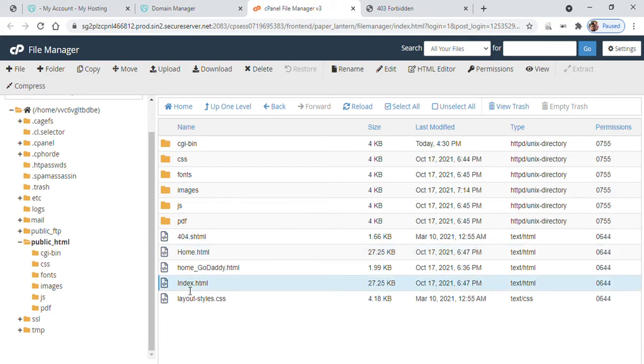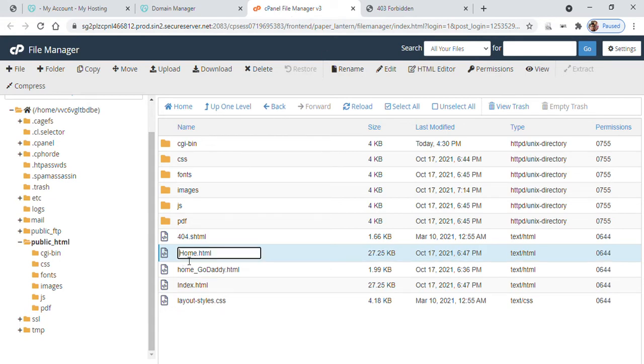So index is what my website is looking for, and home.html is the default page for GoDaddy. So we can try to fix it by maybe changing the file name, right? It is starting with a capital H.